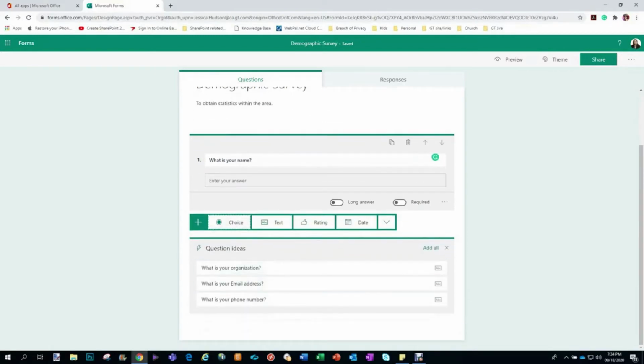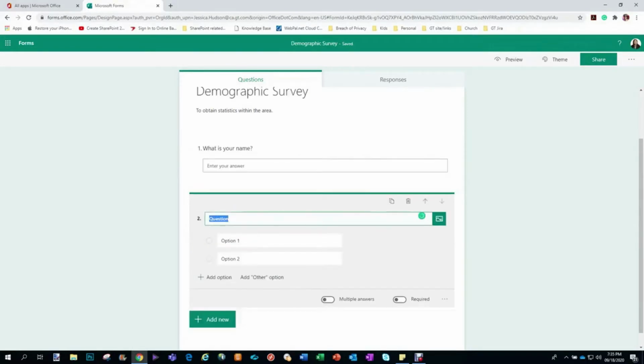And this time, if you notice, Microsoft Forms is smart enough to give you some kind of suggestion for what the next question will be, but I'm not going to take this idea. I'll have my own question. So this time I want to use the choice data type. And my next question is